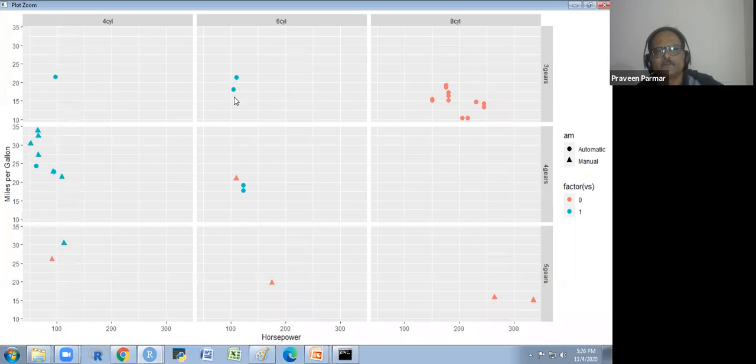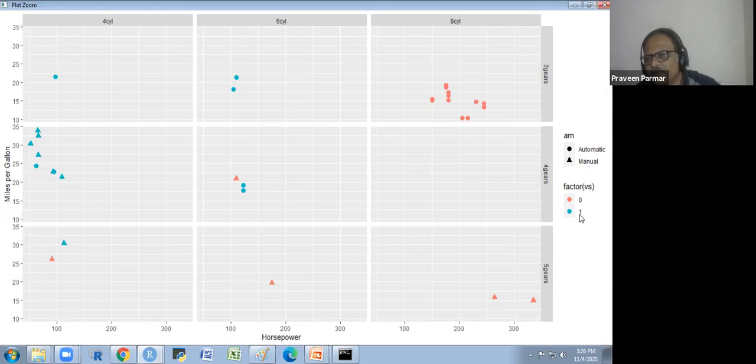Look at here. So here the circles are the automatic. In the 3 gears, as we have seen earlier in the previous graph, all the vehicles are automatic. And in the 5 gears, all the vehicles are manual because the triangle is manual.